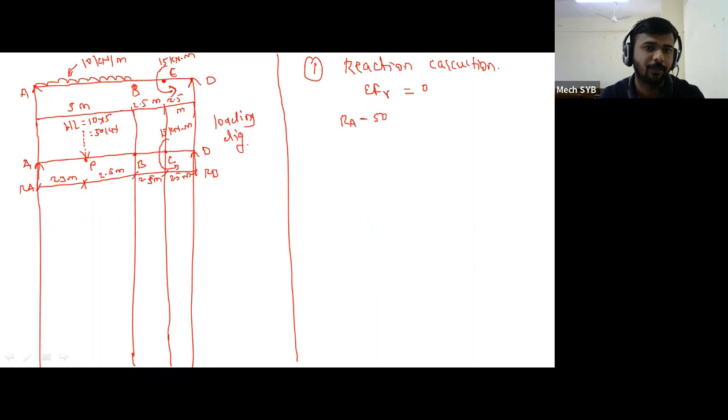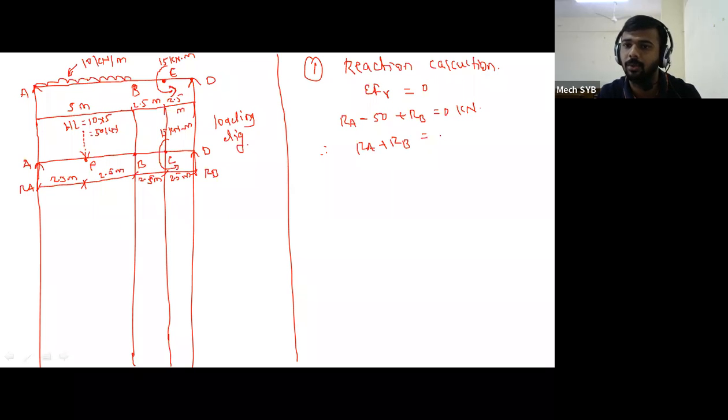Minus 50. What is minus 50? UDL is converted into the point load. It is moving in the downward direction. Therefore, minus 50 and plus RD is equal to 0 kilonewton. Therefore, RA plus RD is equal to